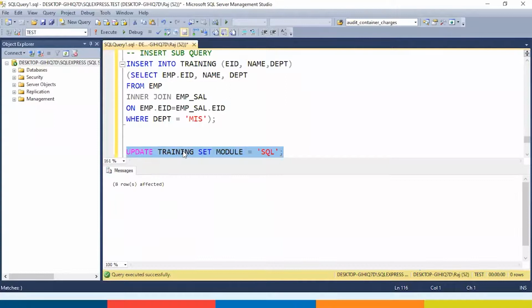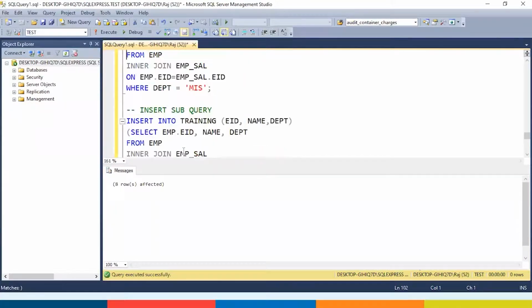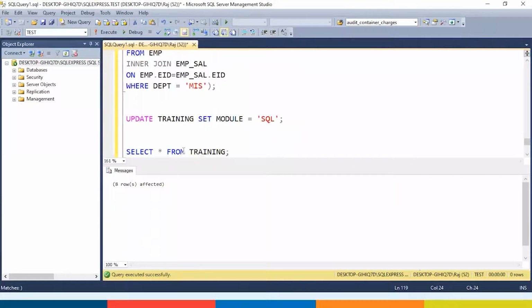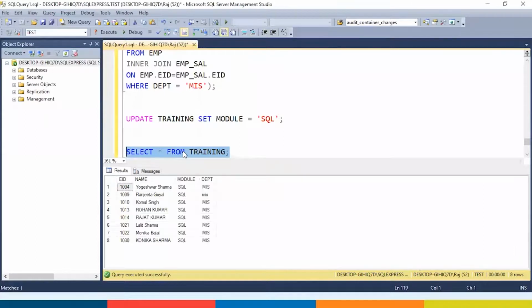And I'm not specifying a where clause over here because I need to update all the records. So you can see for all the records, the module has been updated as SQL.